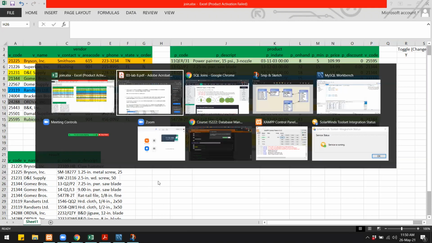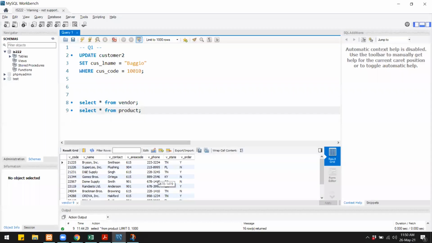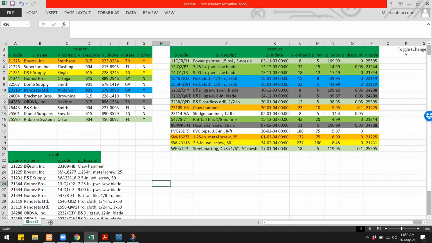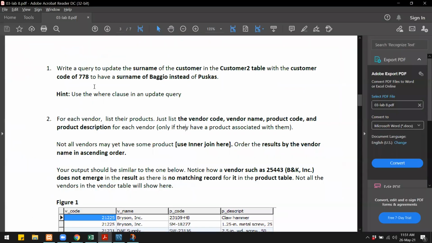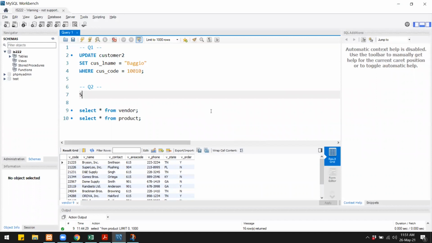Now for the query, we will write a query to join the tables, and then we will see how we use the query to get the same data that we have over here. So query number 2. Now we want to select the vendor code and vendor name. So to start with, let us select everything from the vendor table.